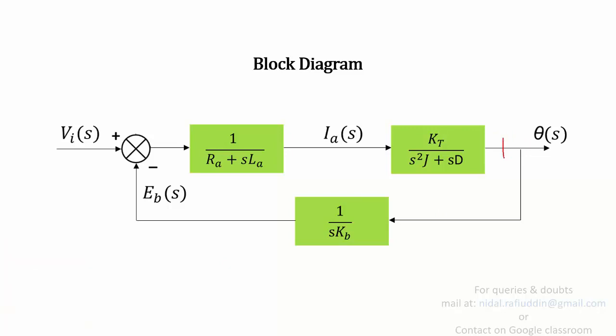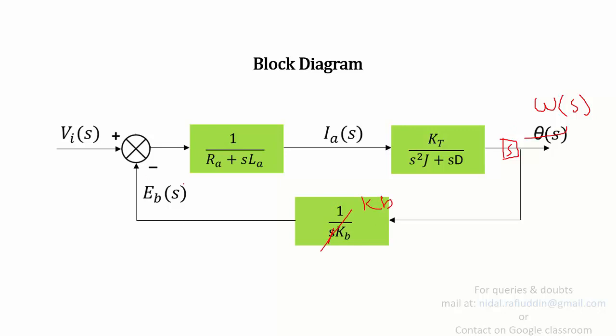So if I use this S and place it over here, now what I get as output is omega. And let us assume that this motor is operating at a constant angular velocity of omega s. The omega is the output, which is then multiplied by the term KB